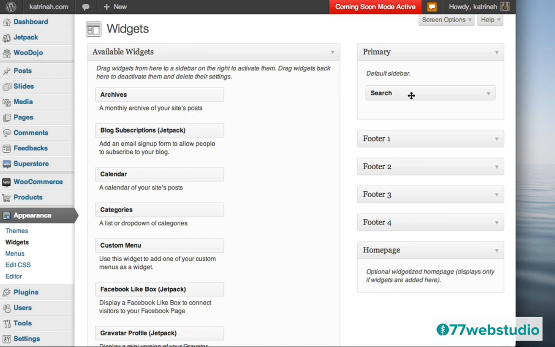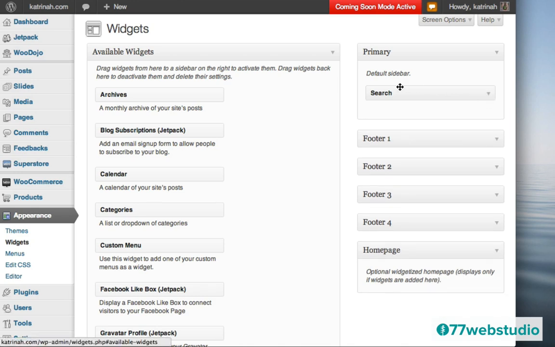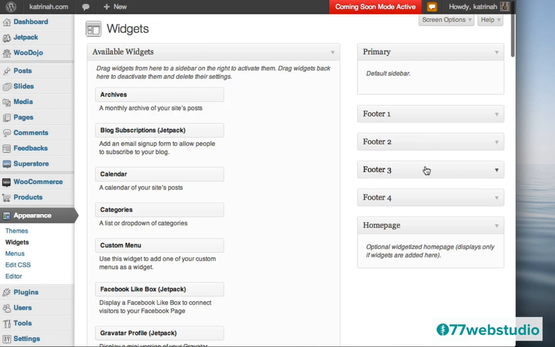And in their place, I will keep the search. Actually, no, I don't want this search either because this is a search of the entire site. What I would like instead of search is a product search. So there's two different things. There's search of all the content on your site, and there's a product search. Since this is an e-commerce website, I just want to give people a way to search for products. So I'm going to move that over to deactivate it as well.